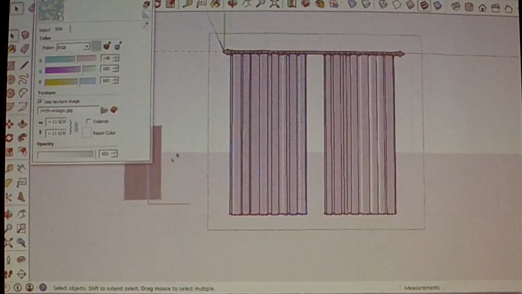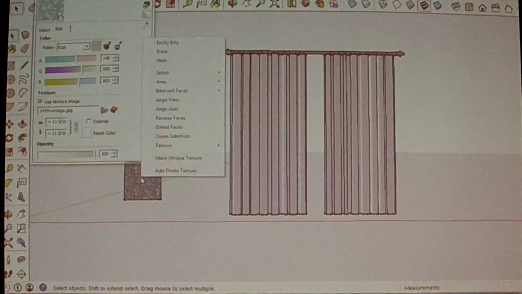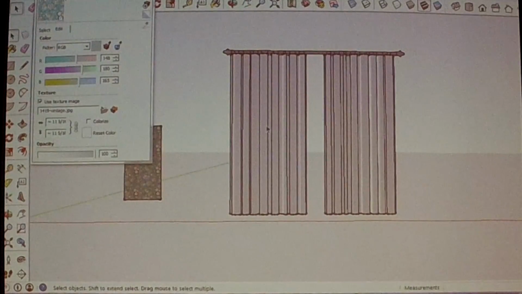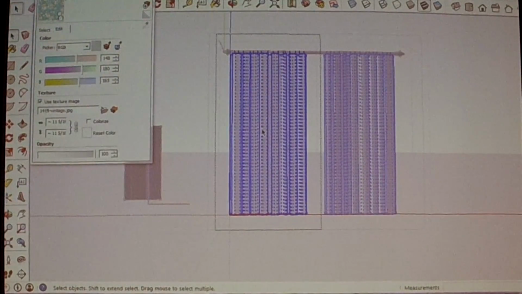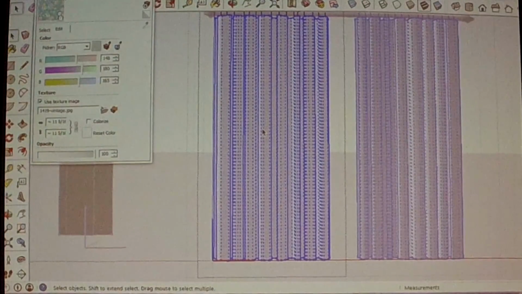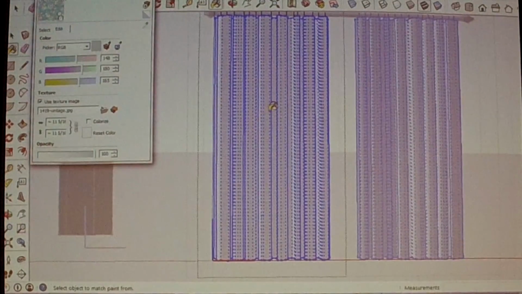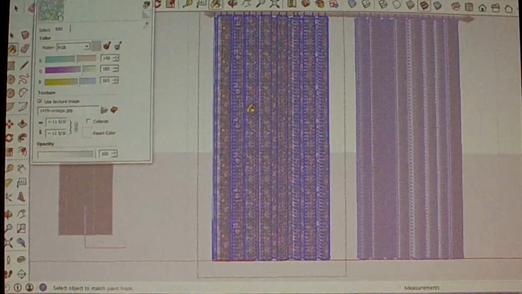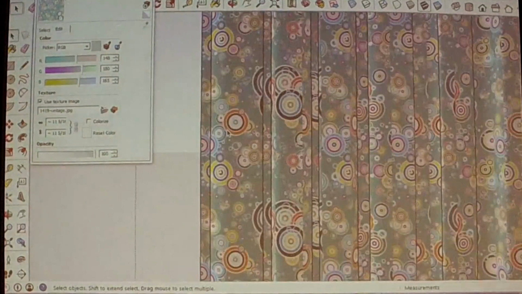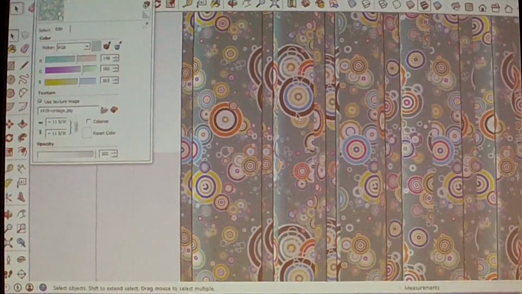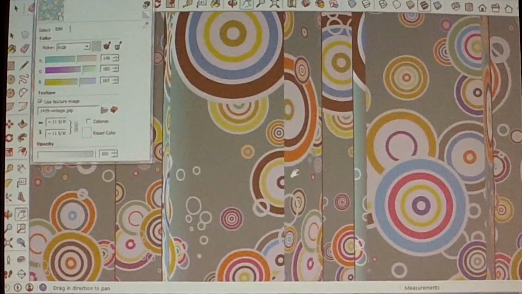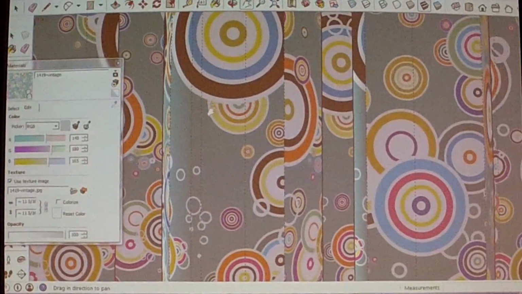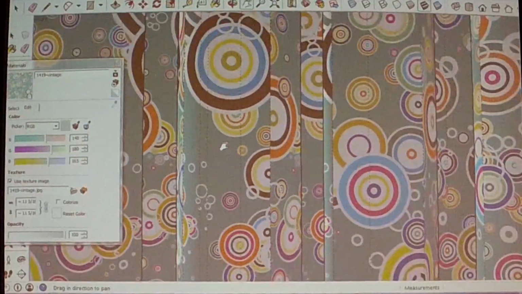I just want to make sure that I've, okay. You need to just keep double clicking until the material itself is highlighted, and then you're down to that texture layer. So if I sample this material, I'm going to hold down Shift so I paint everything at once, and then close the component. If you get really close, you can see these weird lines where one panel starts and another panel ends. Basically, if I look at the hidden geometry, wherever there's a different plane, SketchUp just thinks it's something different and adds something there. And this material's so crazy, you might not even notice. But so how you fix that